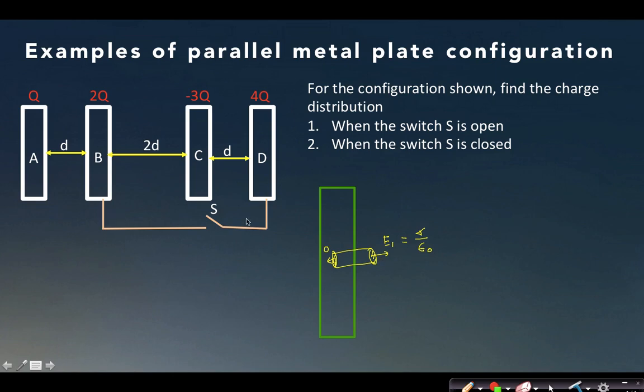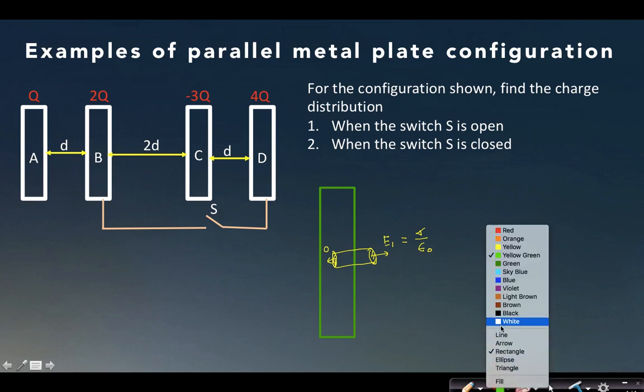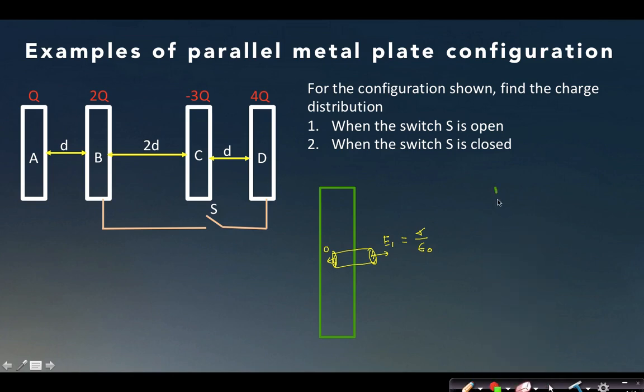But when I am taking the infinite sheets, like this is one infinite sheet and this is one infinite sheet, then we are actually doing superposition. We are finding the electric field due to that infinite sheet as sigma by 2 epsilon, and due to this again we are doing sigma by 2 epsilon.